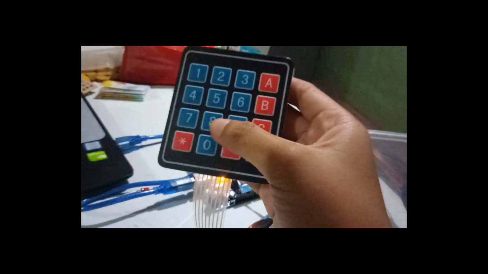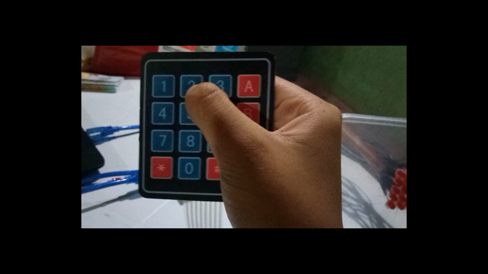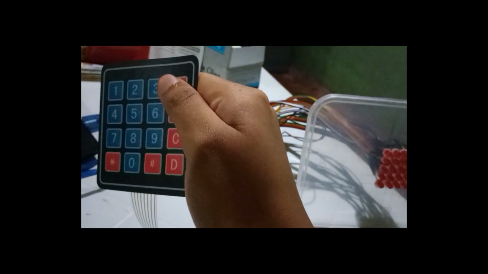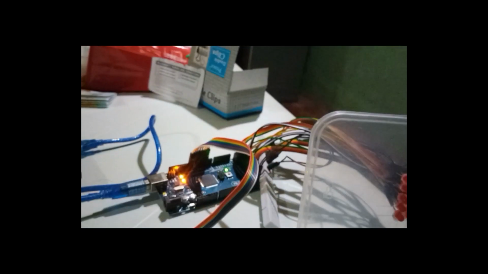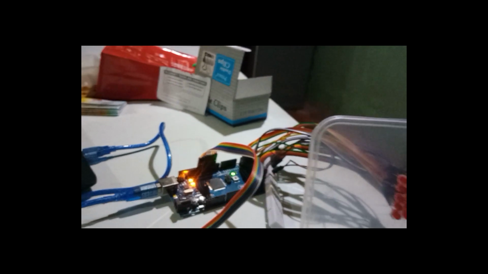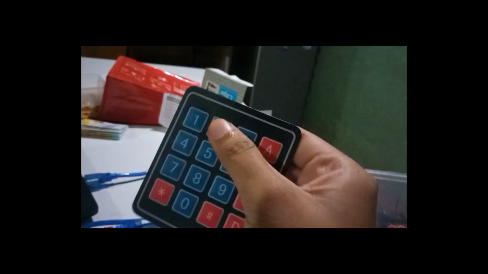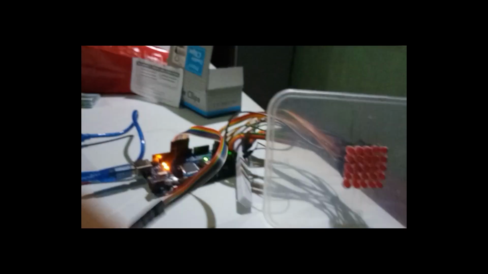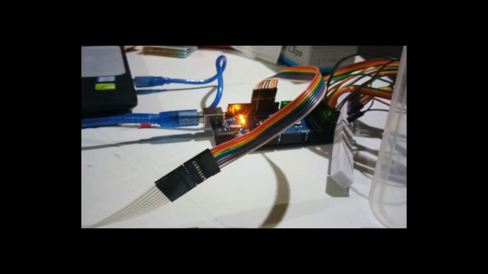What if I input 2? 2 is a prime number, right? 2 and enter. It's not working. Of course it's not, because the binary counterpart of number 2 is 1 and 0, and it is not a binary palindromic prime number. So that's all for this project for my subject,